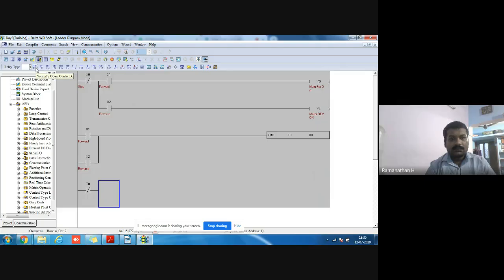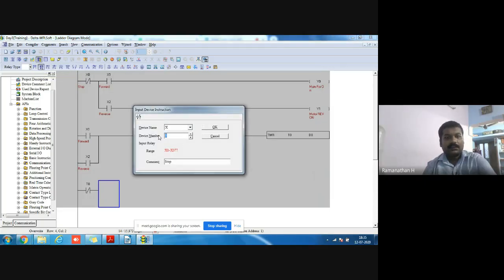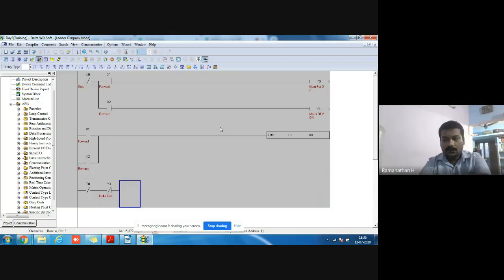We take one delta feedback, X3. No, take the output coil, not the input. Output is Q, so we take Y3, the delta coil. Delta coil is on.